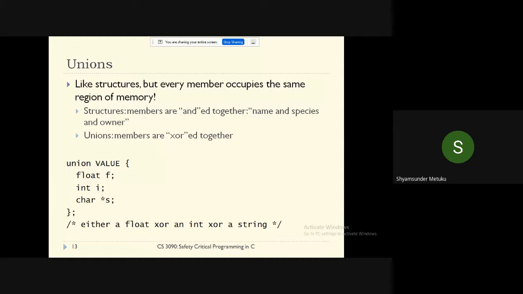Whenever you want temporary storage with different data types, instead of declaring so many different temporary variables, you can use only one union which will contain all the possible data types. Based on the need, the same memory location can be reused. That is an advantage. Okay, so is that clear to all of you? Is it clear?